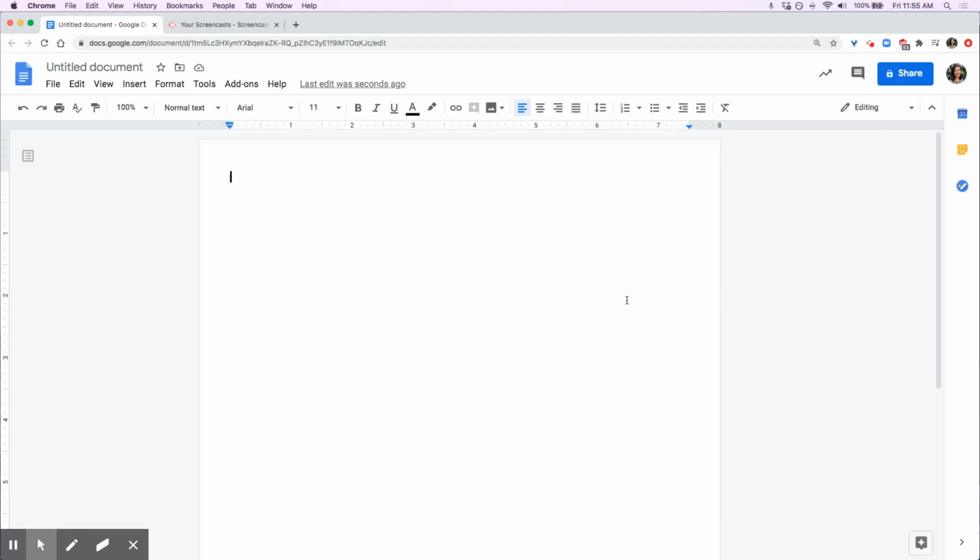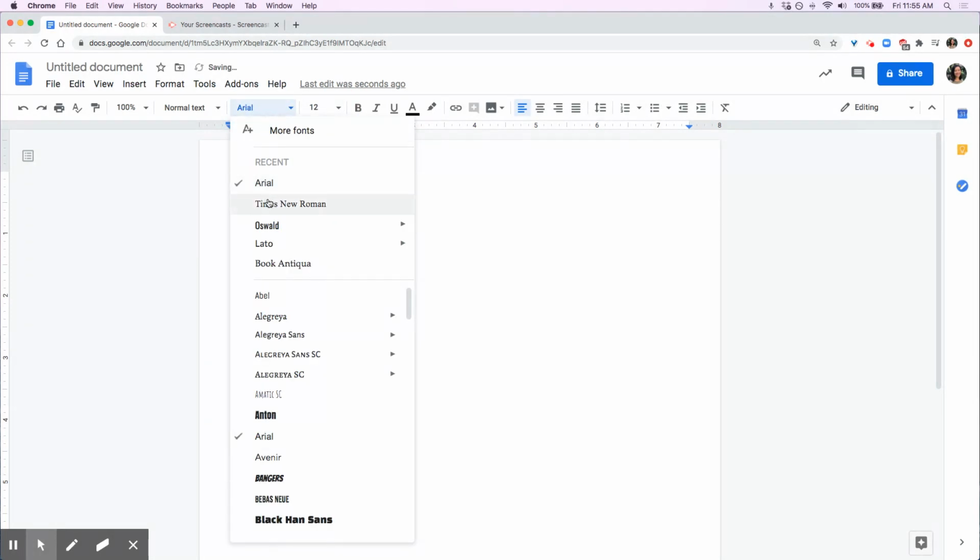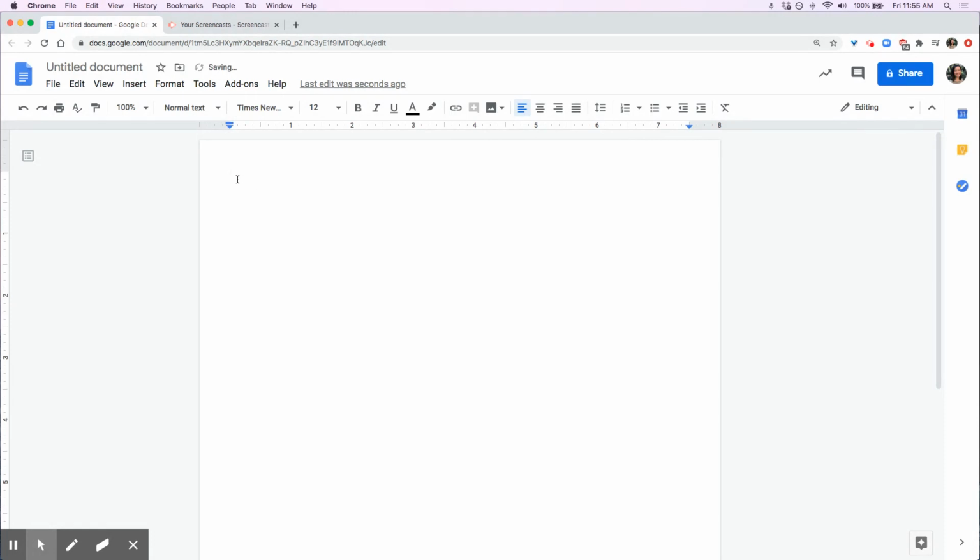I'm going to show you how to set up your paper in MLA style. The first thing we want to do is to change the font size to 12 and the font to Times New Roman. Notice that the cursor is really close to the edge of the page, and so we want to